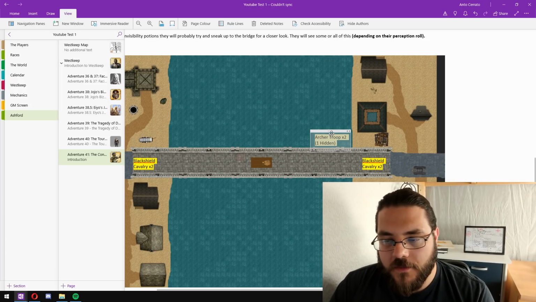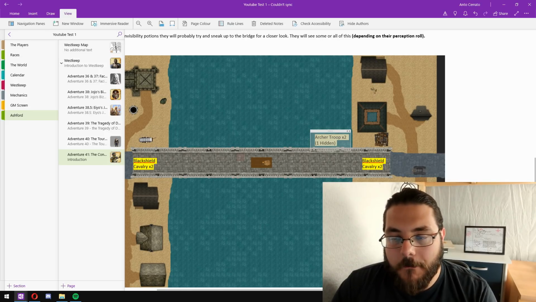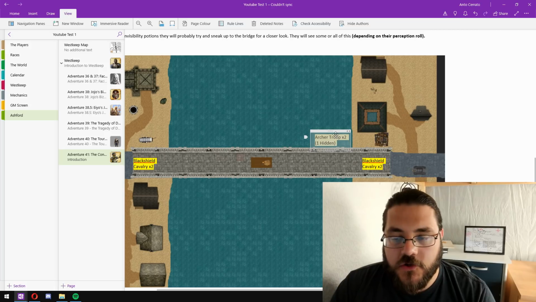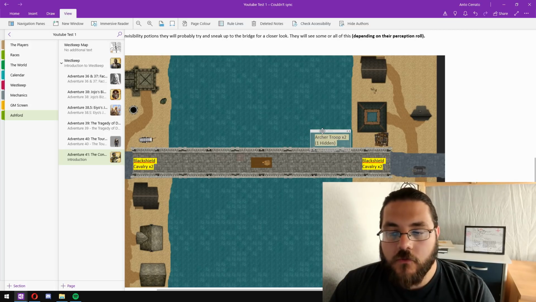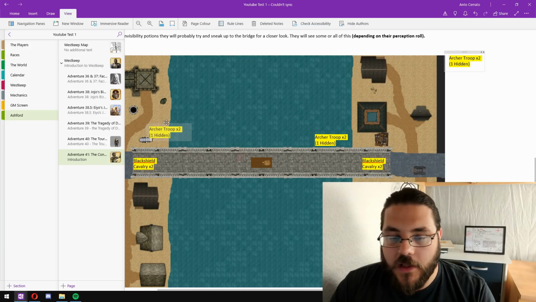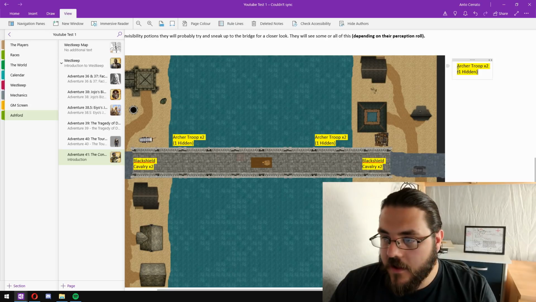So there are going to be units of archers. 1 troop will be stationed above the bridge, but they will also have built a temporary scaffolding underneath so that another archer troop can be down there ready to shoot any players that try and come up from below. So they'll have 1 of them on each end, and then